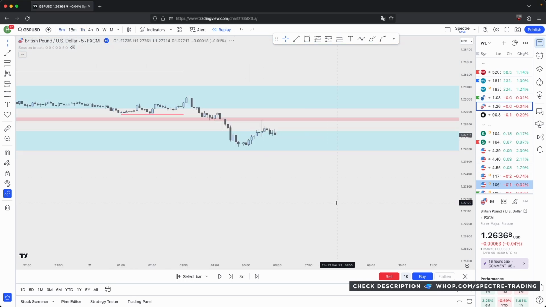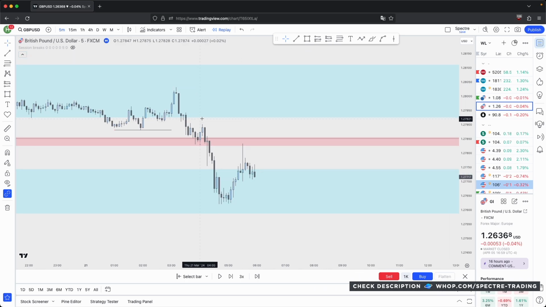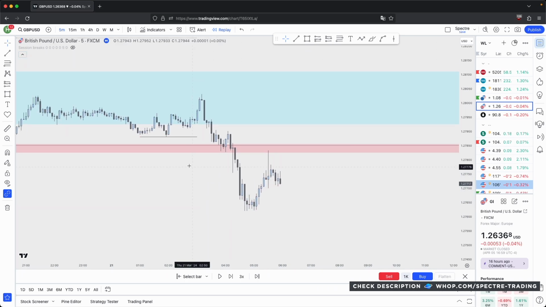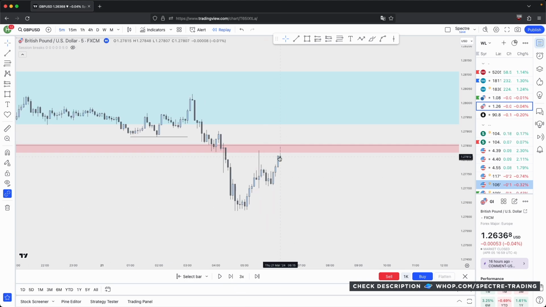Or you could drop down onto an even lower time frame and refine those entries in hopes for a better risk to reward ratio and a better stop loss placement. So let's do that. If I remove this, price taps into that key level, but it hasn't given us a bearish confirmation yet. So let's wait for that bearish confirmation. And as you can see, price retaps that key level, sweeps this buy side liquidity,